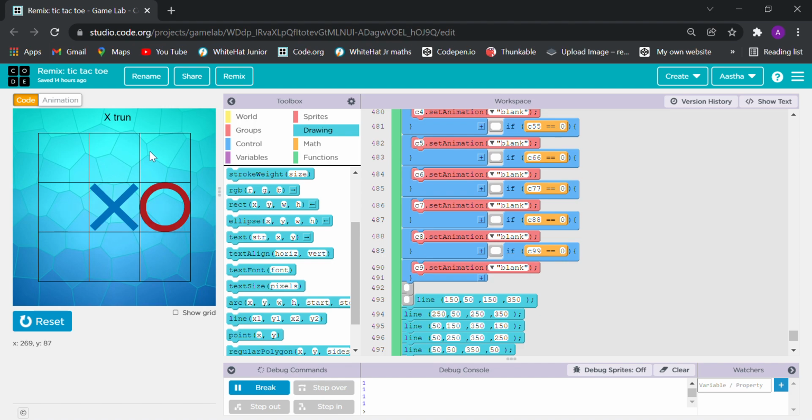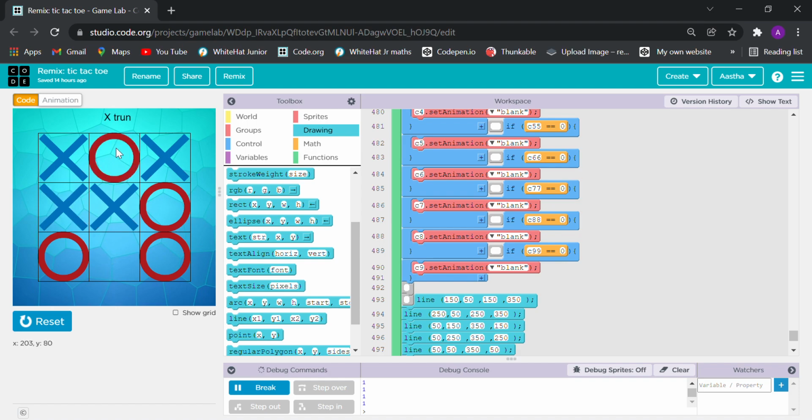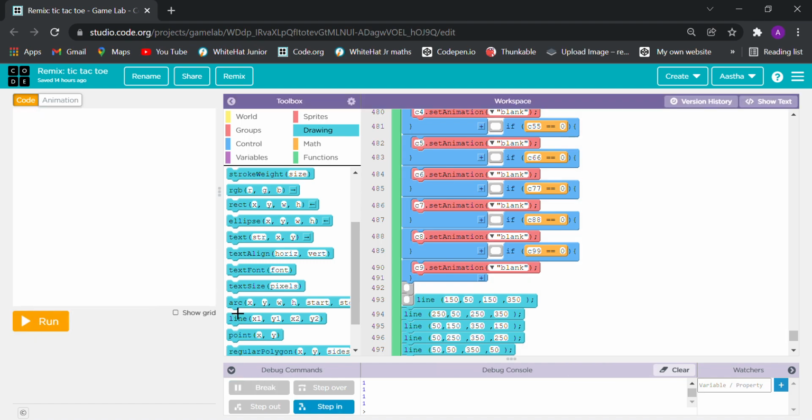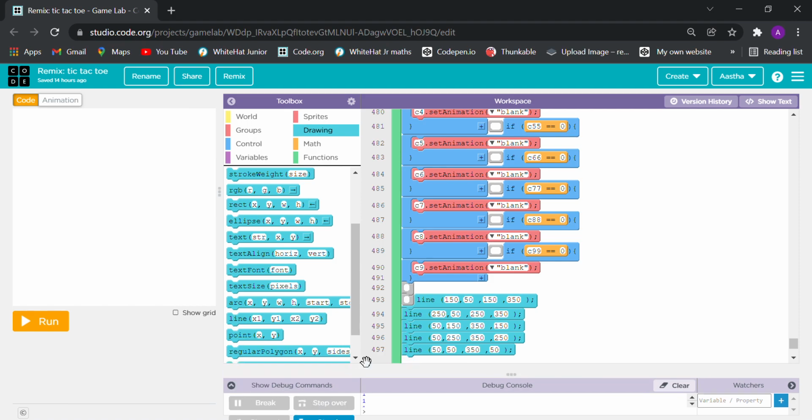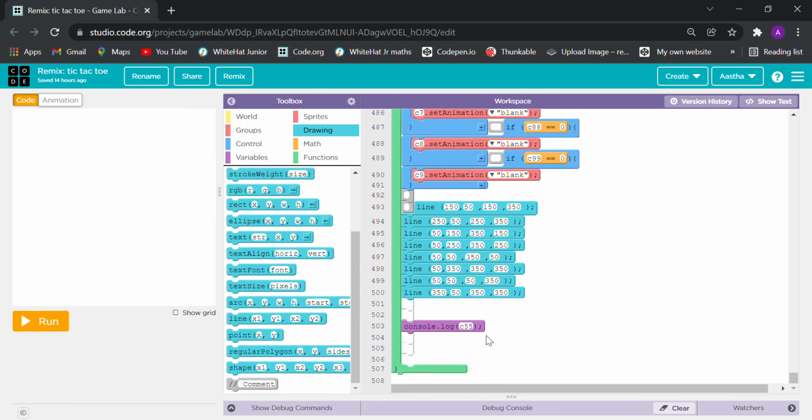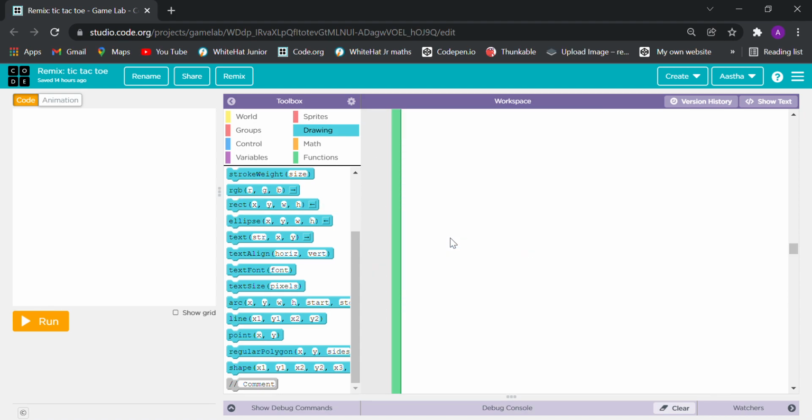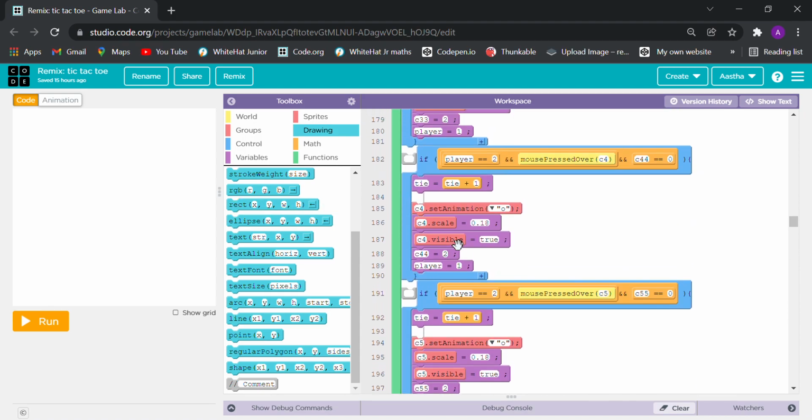No issue. So now it is showing tie. Yes, so each and everything is working, and the debug commands are nothing. These are just like, okay, so we are done with the codes,